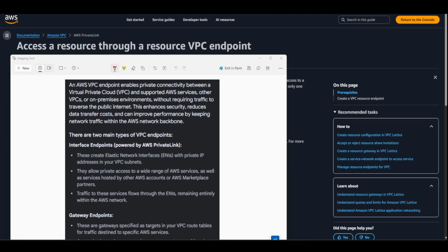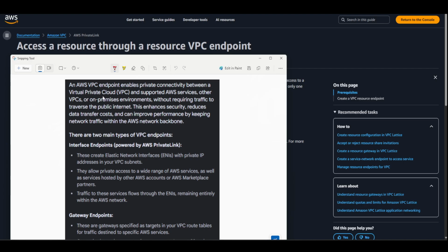Here I'm looking at VPC Endpoint. The website that I opened behind this screenshot is talking about VPC Endpoint and some guides on how to use it. Here on this screenshot I have a summary of what a VPC Endpoint is and the two types of it. A VPC endpoint in general enables private connectivity between a virtual private cloud (VPC) and other services in other